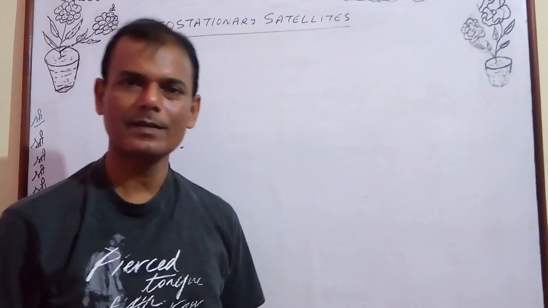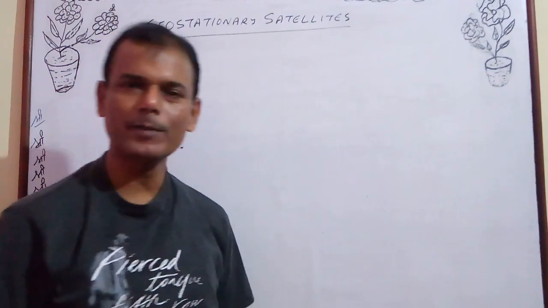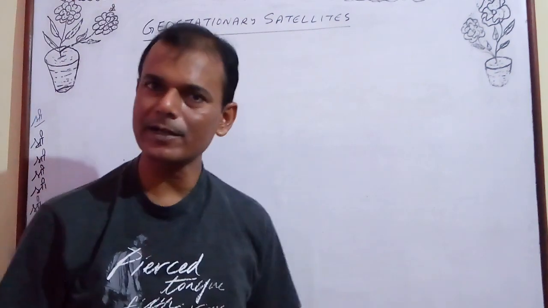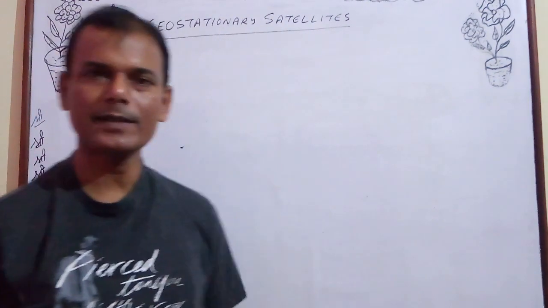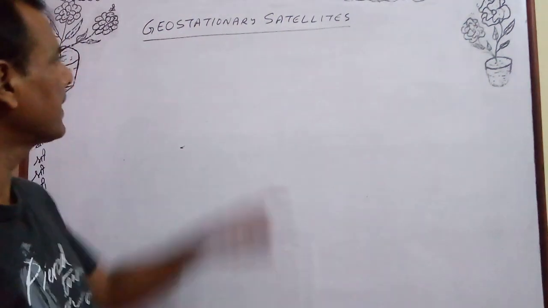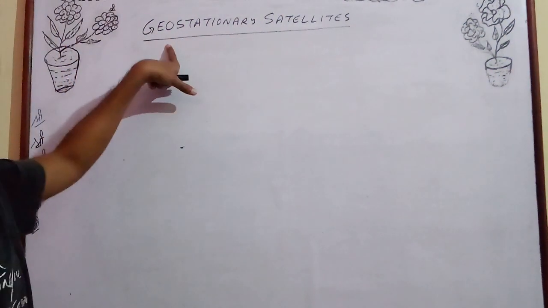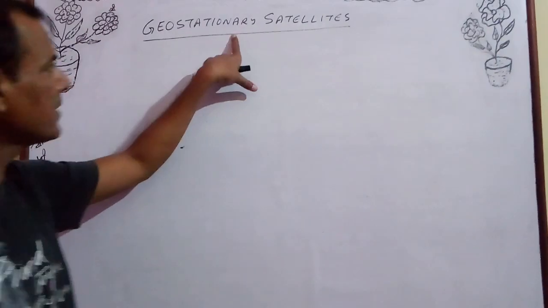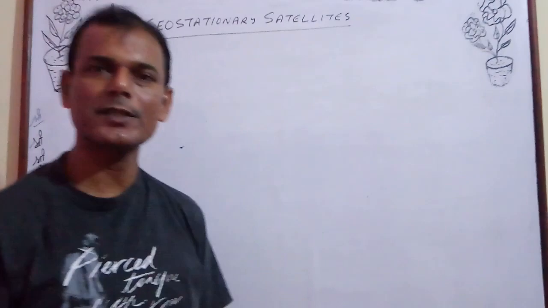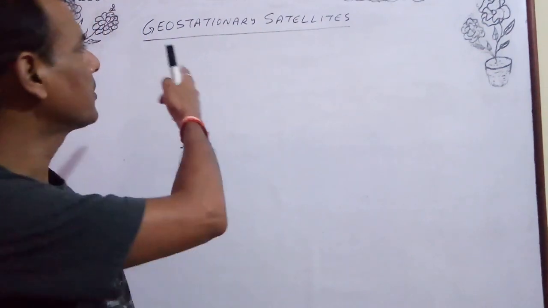Hello students, in this video we will study geostationary satellites and Kepler's laws of planetary motion. So first let us see what geostationary satellites are. As the name suggests, geo means what? Earth. Stationary means rest. The satellites which appear to be at rest with respect to Earth are called geostationary